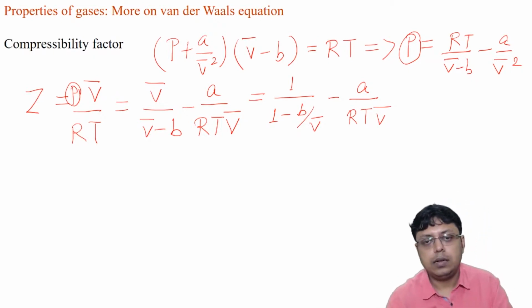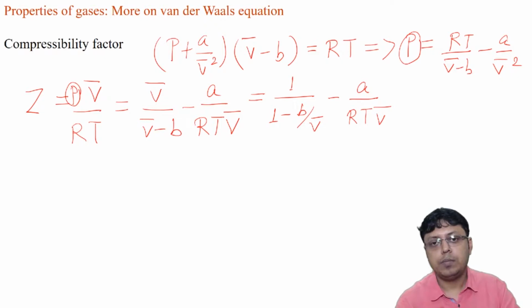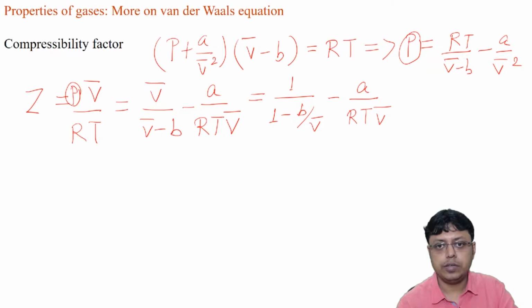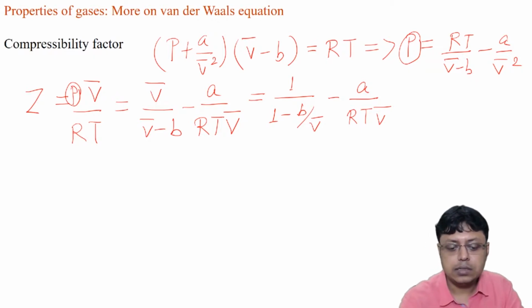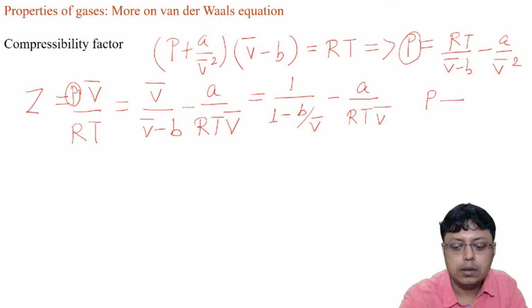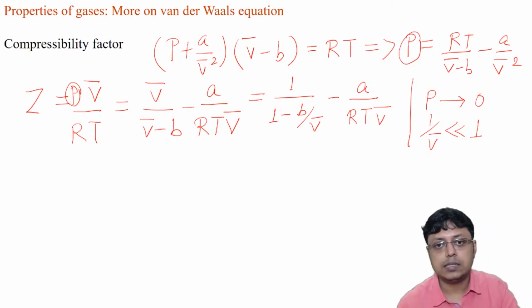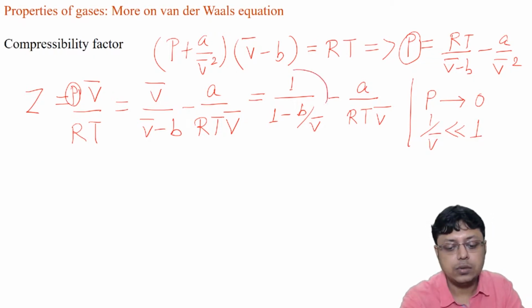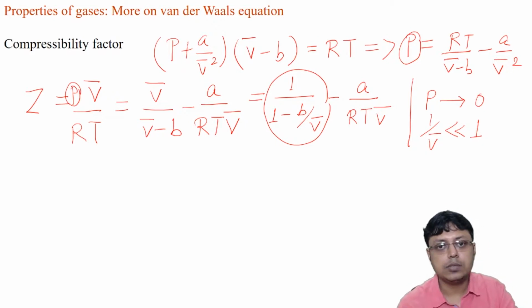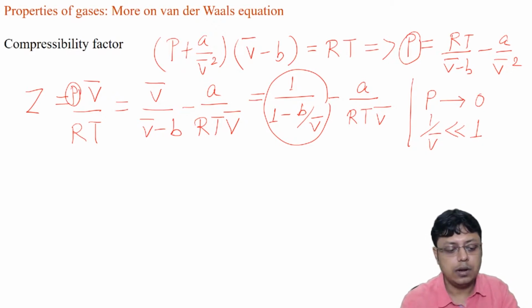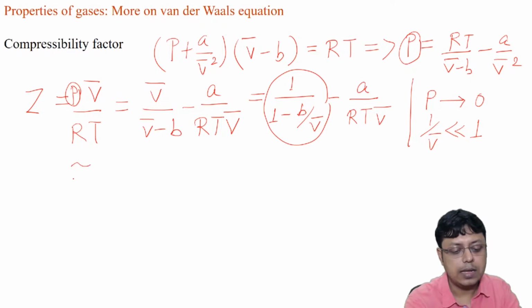Now remember that in order to explain the behavior of the compressibility factor in the low pressure regime, we can make an approximation. Since P tends to 0 in the low pressure regime, which means 1 over V bar also tends to 0 and must be very much less than 1, we can express this first term in terms of a Taylor expansion and write the compressibility factor as